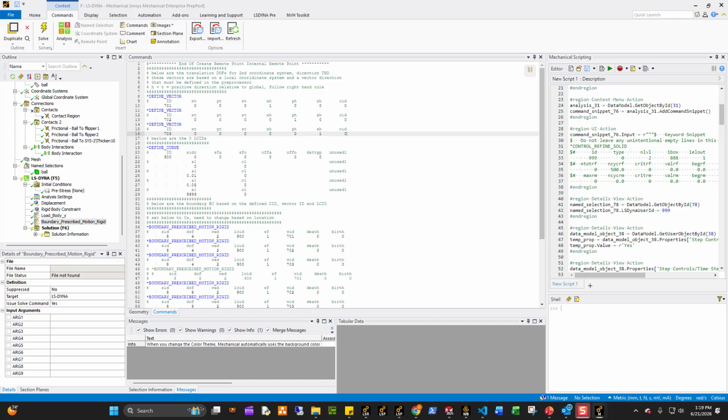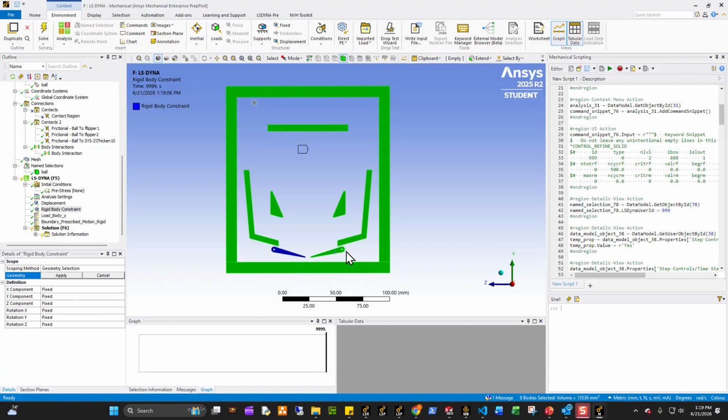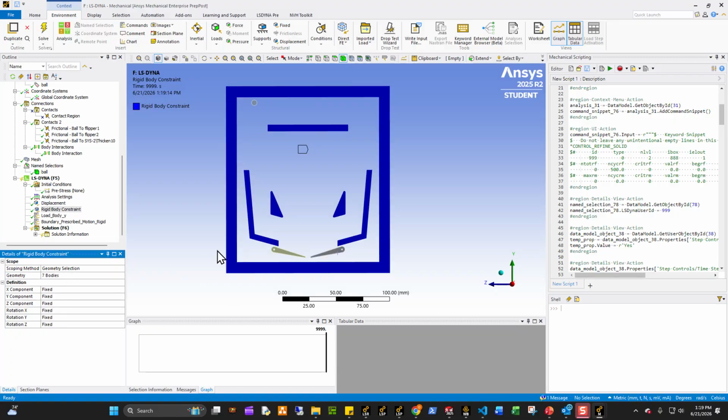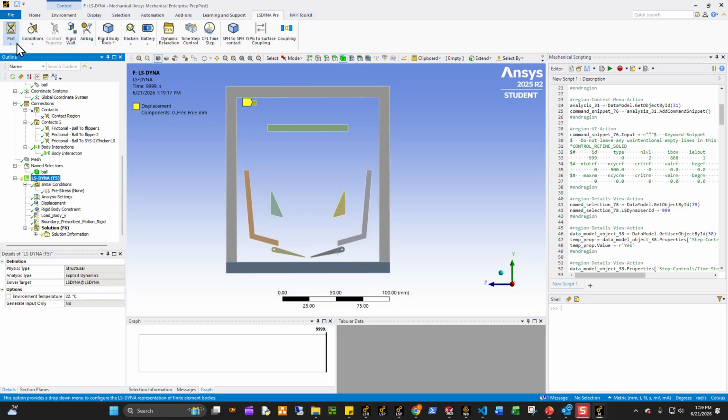Yeah, I actually forgot to do something. One second. I just realized I need to unconstrain these two, because I constrained a little bit more than I should. Okay, now it's good. Now what I can also do here is create another